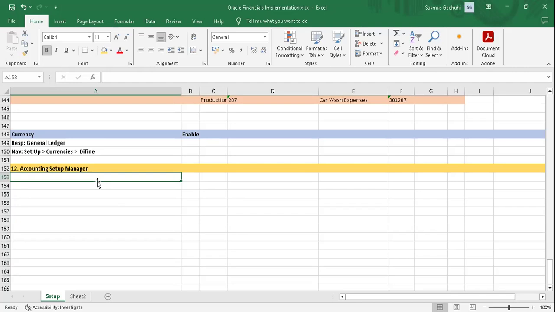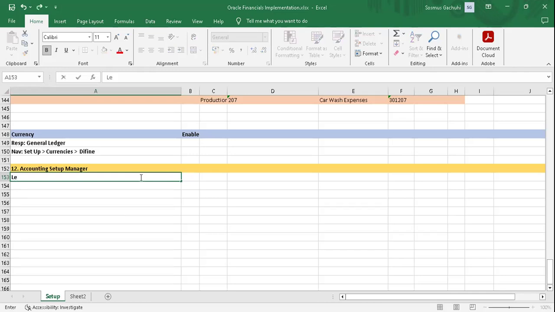It's the only feature that can help you come up with the Oracle financial application accounting setups. And with this, the features that you can bring together through this accounting setup manager are: one,